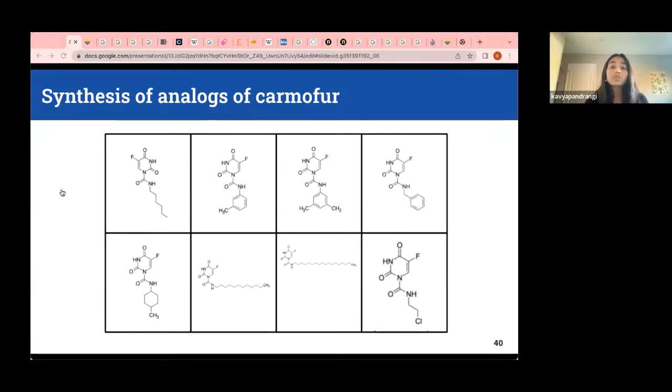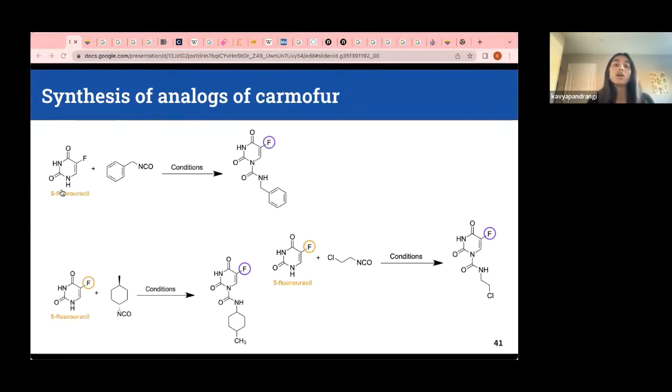Using our new conditions, we hope to synthesize 8 carmofur analogs using various isocyanates. Currently, we are working with 3 isocyanates: benzyl isocyanate, which is the top mechanism, 2-chloroethyl isocyanate, and trans-4-methylcyclohexyl